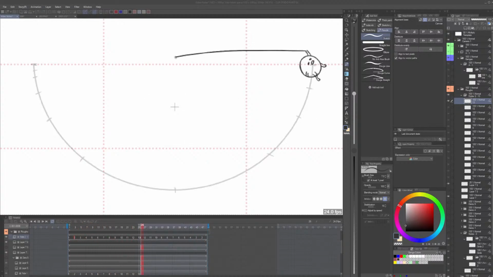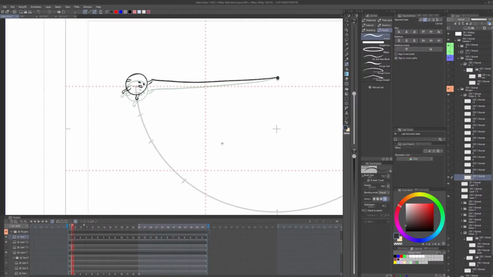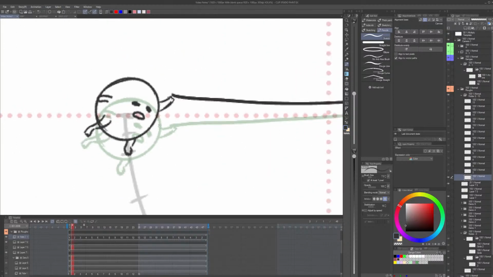Not six, but five, because I'm combining some of it. I'm combining overshoot and anticipation, so it's basically 5, right? Or 4. I don't know. Sorry. But anyway, we're gonna improve this one by animating him